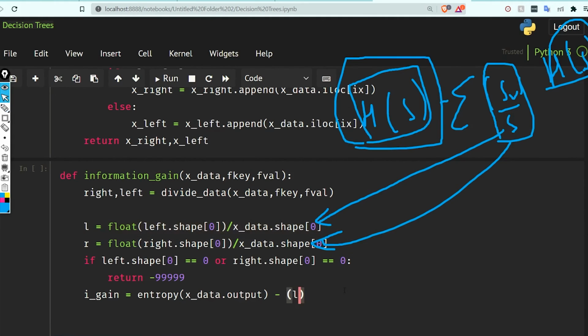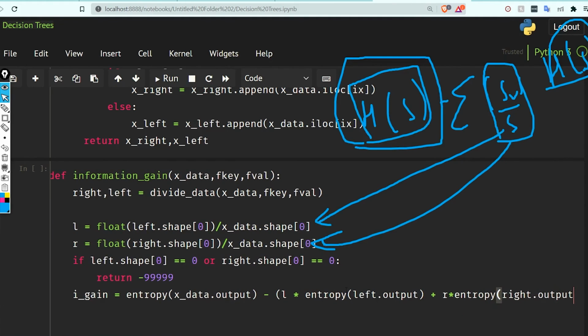So left into the entropy of the new part, which is the entropy of left dot output, plus r into entropy of right dot output. So we are finding the new entropy like this, because we now have left and right data, and we are going to find the entropy on the basis of that data.